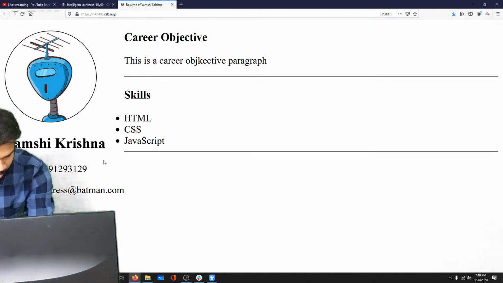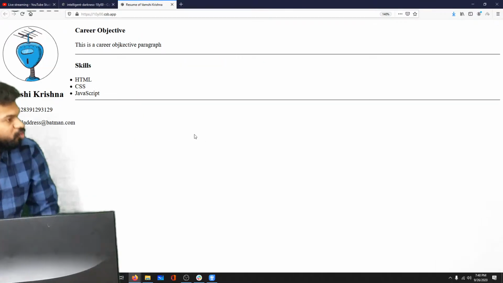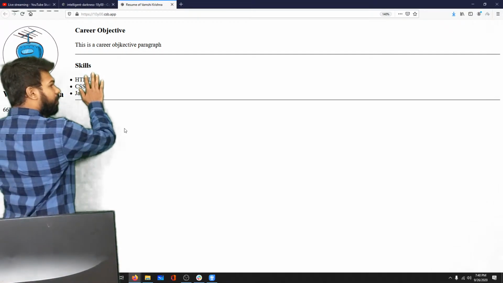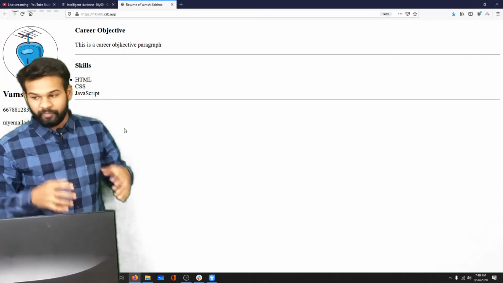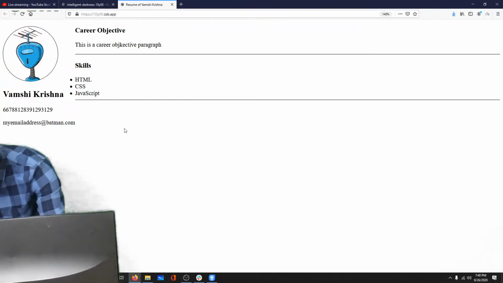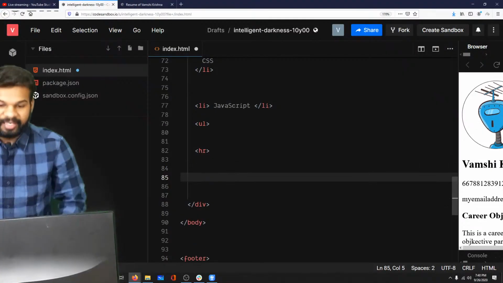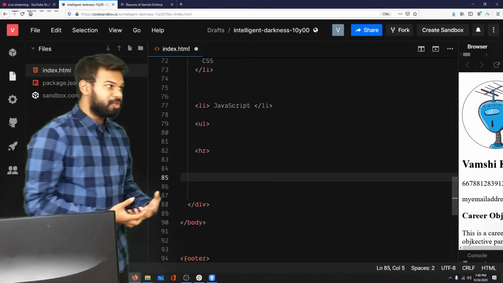See, our resume is coming together. It looks a lot more neat. If I zoom out, it looks a lot better. Eventually, by the end of this class, we're going to separate these 2 elements a little bit more. We're going to give them a lot more spacing. All right. Once this is done, what you also want to do is showcase your